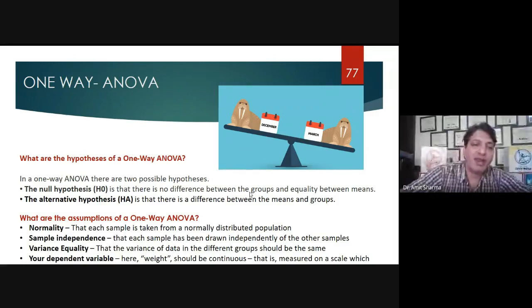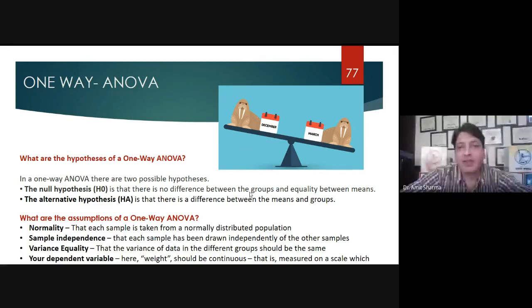But if you want to evaluate, where the 30 students are divided into three different groups, and you want to get the results separately for the males and separately for the females, that will be called a two-way ANOVA.